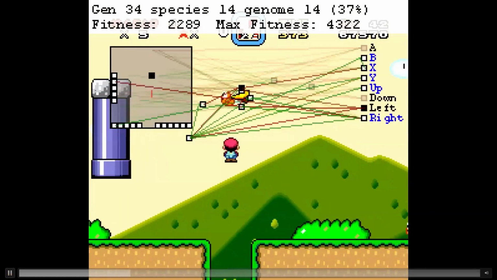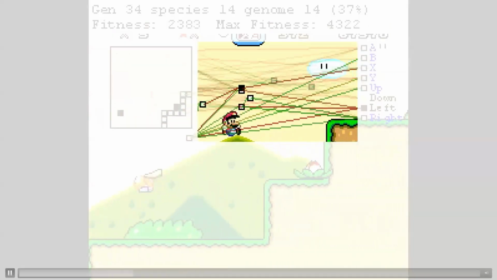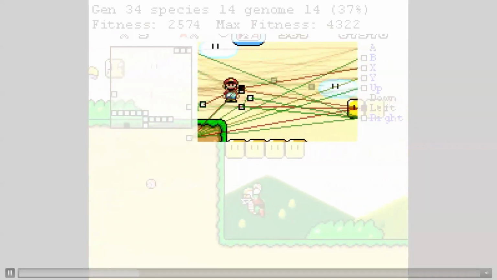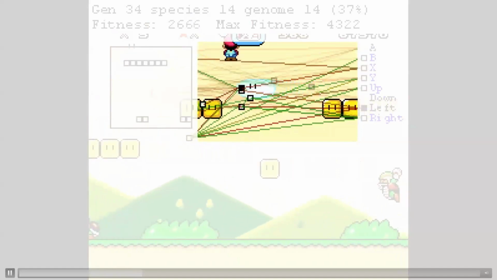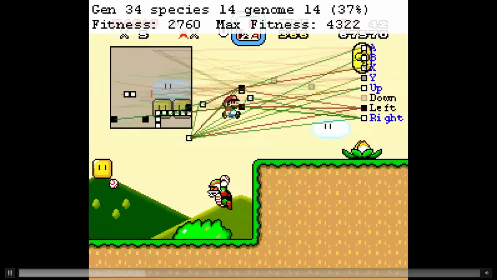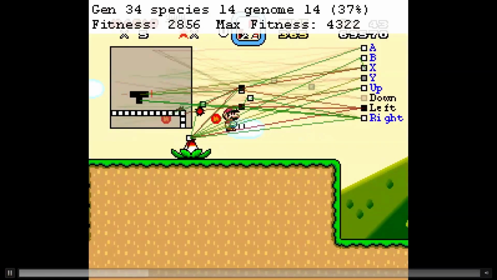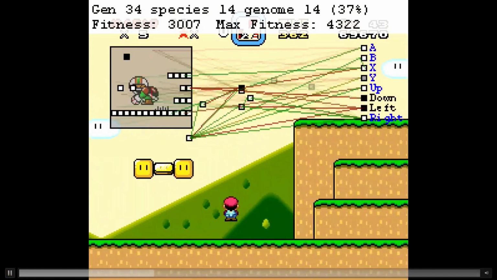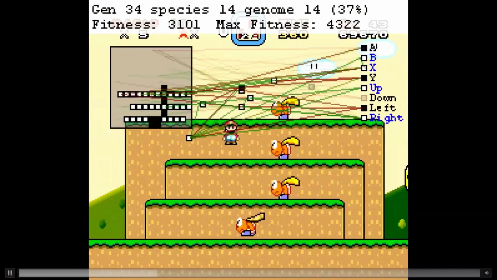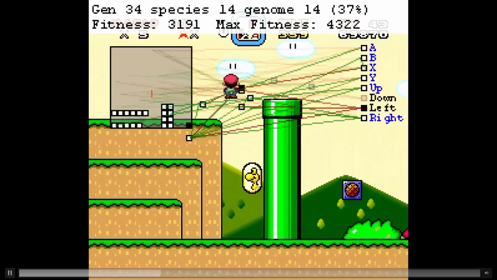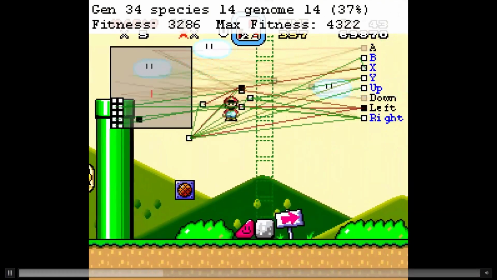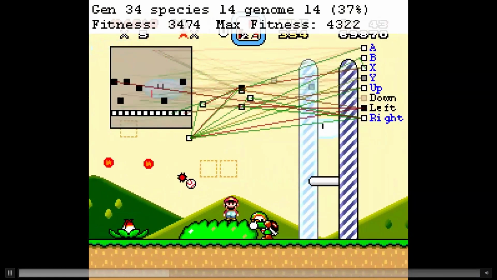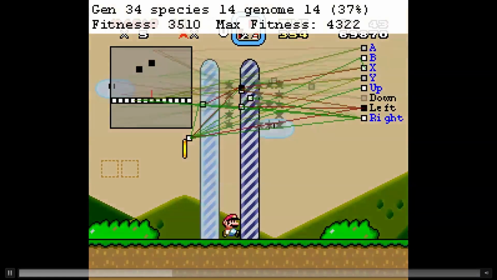In between the inputs and the outputs, all those lines and boxes, those are the neural network. Each free-floating box is called a neuron, and the lines connecting those boxes are like the axons and dendrites in a human brain. At any given time, only some of these neurons and connections are actually being used, and this is what people talk about when they say you only use 10% of your brain. The neural network you're seeing is a pretty complicated one, and it got so complicated as a result of a 24-hour evolutionary learning session. So, to explain how neural networks work, let's rewind about 24 hours and look at how the whole process started.